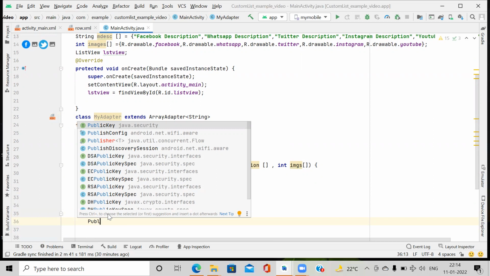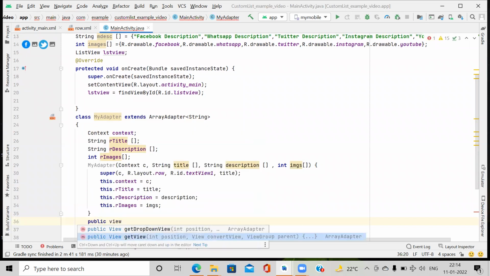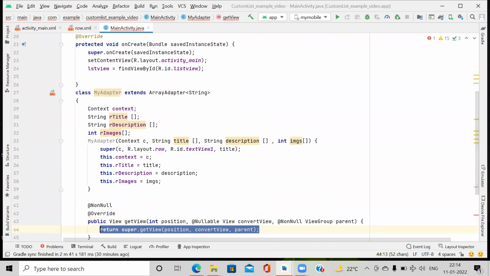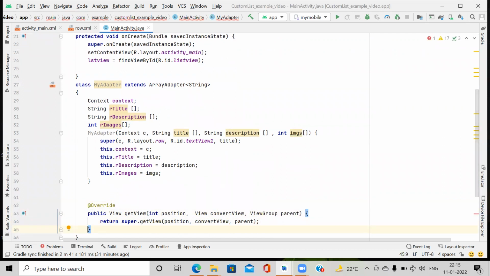Okay, we write it directly: public View getView. All these come automatically. We do not require the not null annotation here, so I remove that. In that we write some code.